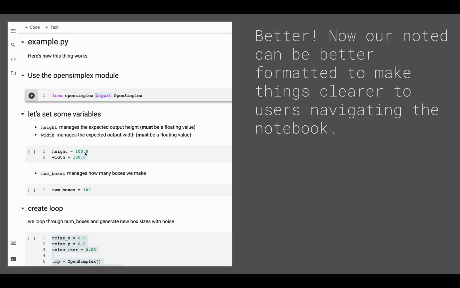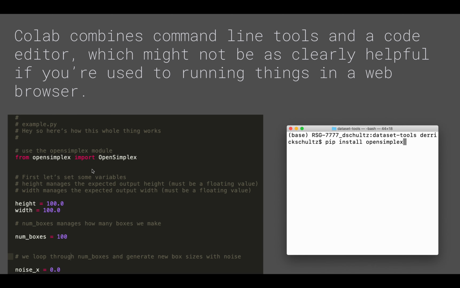Say we want to set some variables, like height and width. Here you can set a single cell that sets individual variables. Then you can write some text to remind you, like, hey, this is what this does. You can even run this cell, work on it a little bit, and go back and change variables. So you don't have to go in and edit individual lines of code. You can edit individual cells, which is a little bit cleaner for everything. So it makes everything a little bit easier to run.